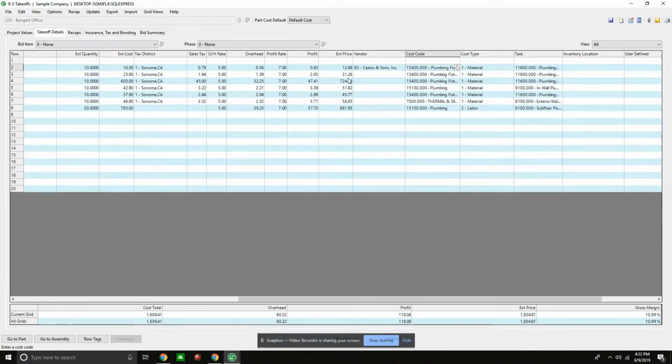Nothing has went to accounting, meaning that my purchase orders haven't gone over, my subcontracts haven't gone over, neither has my budget or my proposal, because this is still the beginning phases of estimating. I might be trying to track down different material suppliers or a different vendor for particular pricing. So therefore, I can always change my vendors, and I can export this whenever I'm ready.